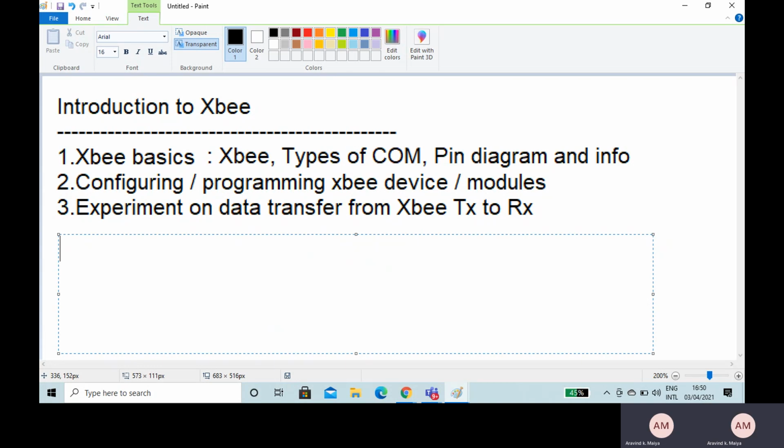With this configuration, we have also demonstrated how we can transfer data from an XBee transmitter to an XBee receiver, with a simple demonstration.